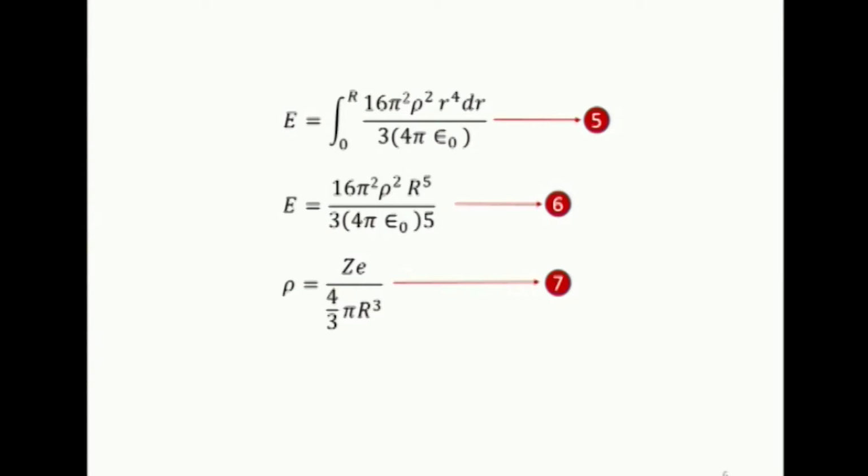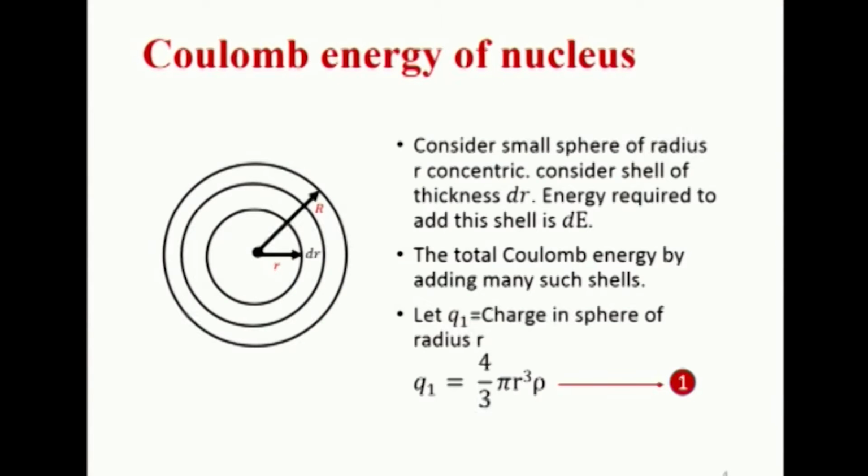So we will go to the next part, integration. The total Coulomb energy of the nucleus will be integrated from 0 to R, because, as we saw in the previous part, the shell radius, the small r, is a variable that changes from 0 to capital R. So the integral limits will be 0 to capital R. This dr is a variable thickness, r is a variable. So now we come to this integration part.